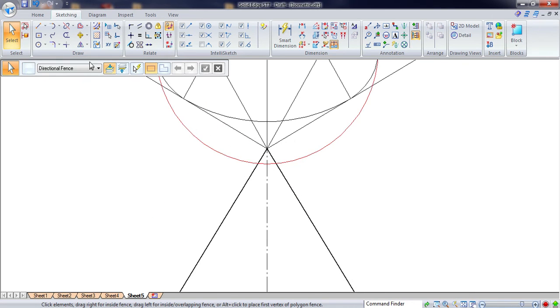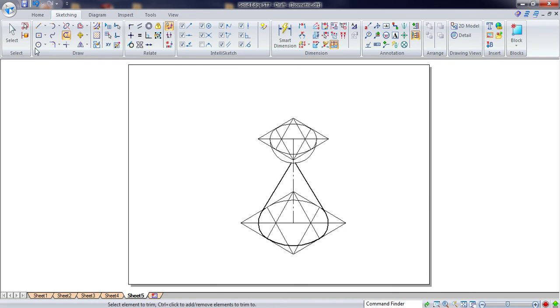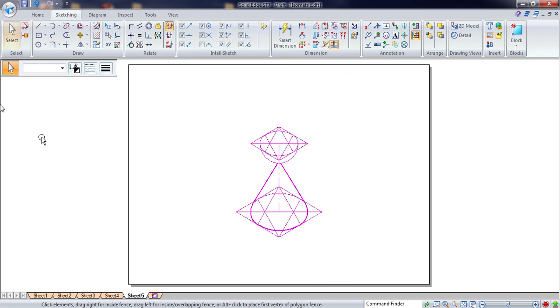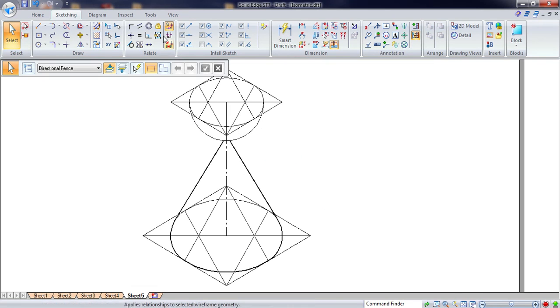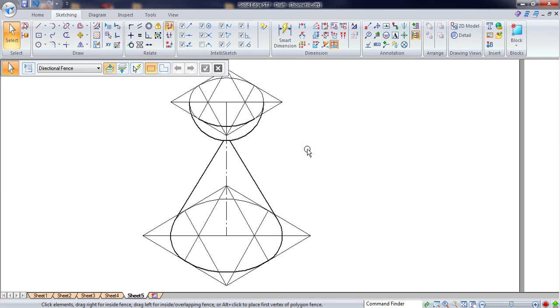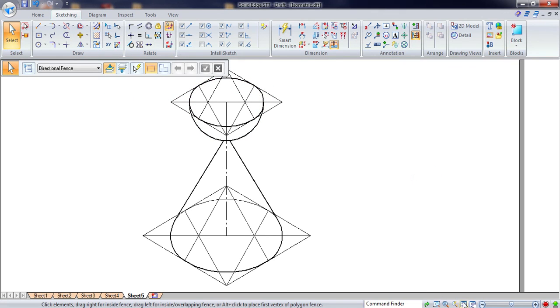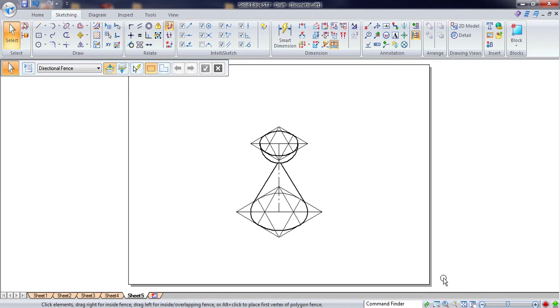Now if you zoom the area, a small portion of the vertex of the cone is cut here, so you can trim it out. Now again select the whole diagram. Again we need to scale this one, using the conversion factor 0.816. Yes, now one more thing is we need to darken whatever looks visible from the front. Yes. So this is the complete solution for the given problem. Thank you.